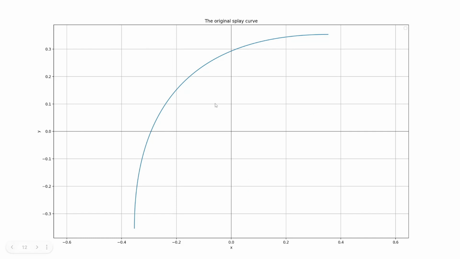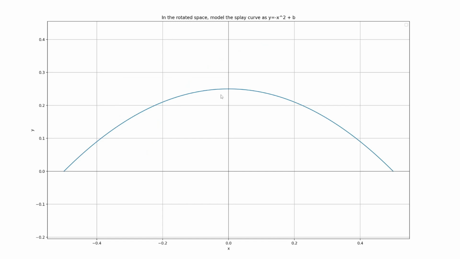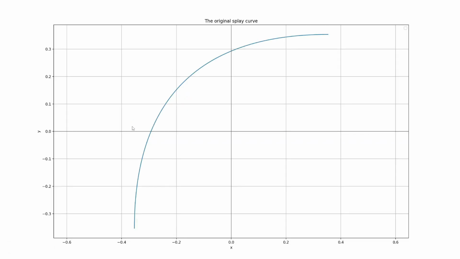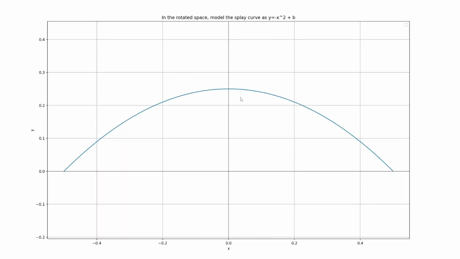Okay, so this is the original splay curve in the x and y space. And if we rotate the problem 45 degrees, and my apologies, these are still labeled x and y. This should be u down here and v over here. But you get the point that it's a much simpler looking curve to deal with. And obviously I've centered it a little bit. I've played with the centering because really all I'm interested in is finding